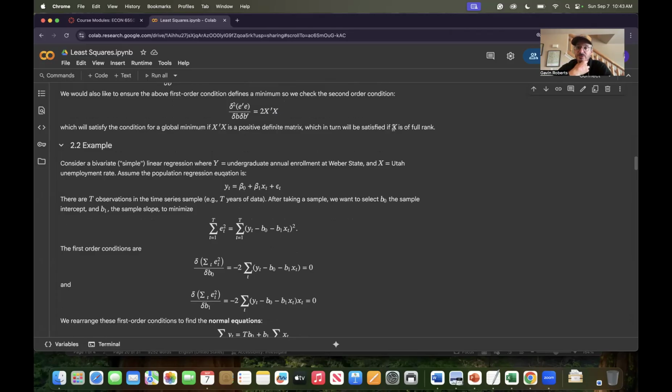When is that matrix full rank? Intuitively, when the independent variables in it are not perfect linear functions of one another,